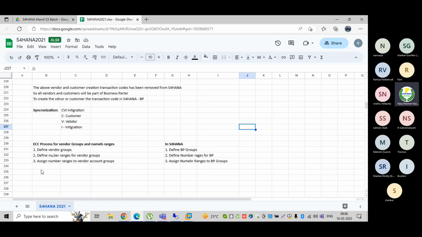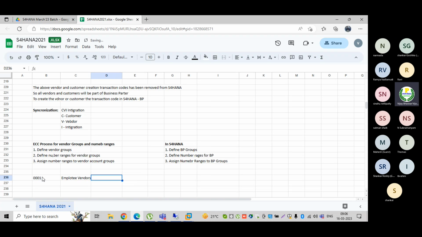Then what will happen here? Let us assume I have created in ECC the vendor group 0001. This is for employee vendors. Understand, this concept is very important. Employee vendors I have created.